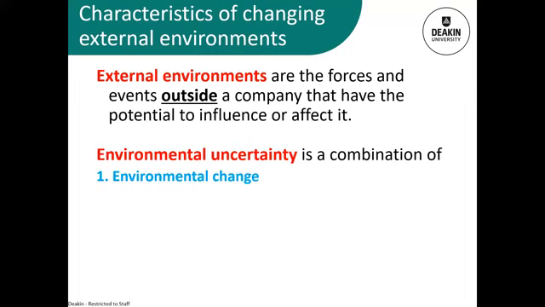Basically, the more certain managers are about the environment, the better they can make decisions. So let's look at this in a bit more detail. Environmental certainty and uncertainty is a combination of, first of all, environmental change. When we look at this, we're asking, how fast are things changing? Is the change quick or slow? Are we in a stable environment, or is it very dynamic, where the rate of change is very fast? Or is it punctuated? That means there's been a big change, then things settle down for a little while until there's another big change.